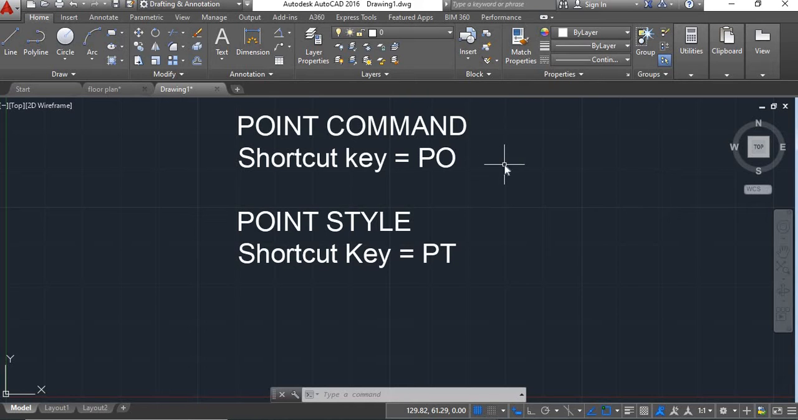We'll give shortcut key PO, enter and click here. You'll get a point on your screen. Suppose if you want to give points on your screen, then you can use this point command. Again give PO, enter, click here, you'll get another point. Now if you see here, for each and every point you have to give the command again and again. So suppose if you want multiple points, then